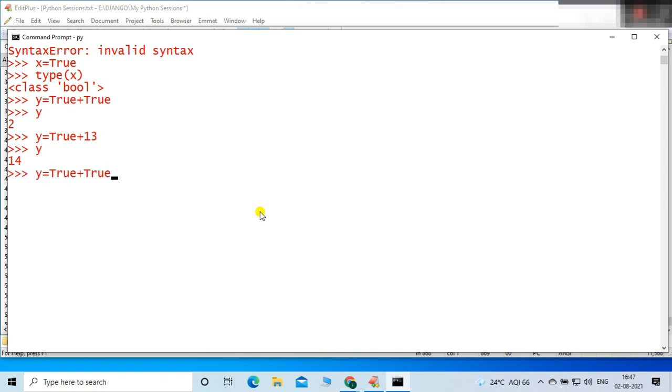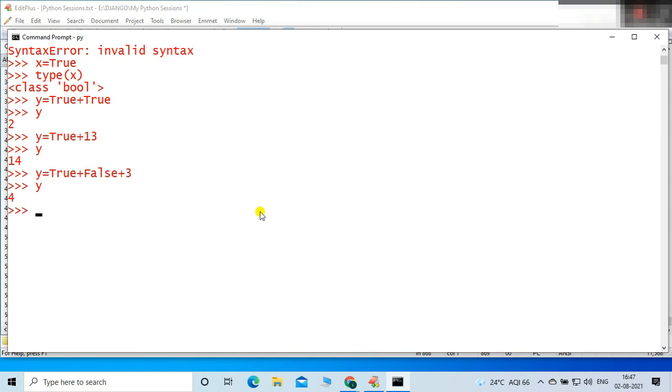Let me show you for False. True plus False plus 3. What could be the result? True is internally represented as 1, False as 0. So 1 plus 0 plus 3, the result will be 4, right?